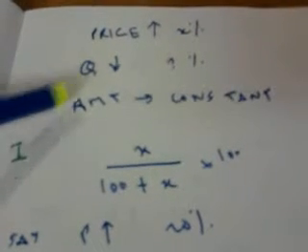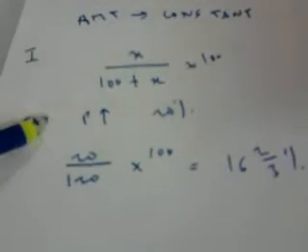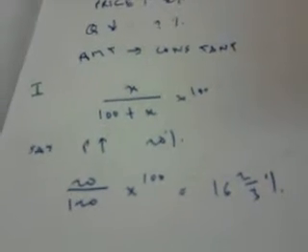If the price goes up by X%, by what percent must consumption be reduced so that the amount spent by the consumer is constant? The formula for this is X by 100 plus X into 100. For example, if the price goes up by 20%, then the reduction in consumption should be 20 by 120 into 100, that is 16 2/3%. Perfect. No problem with that, except that this cannot be used in certain situations, which we will see later.